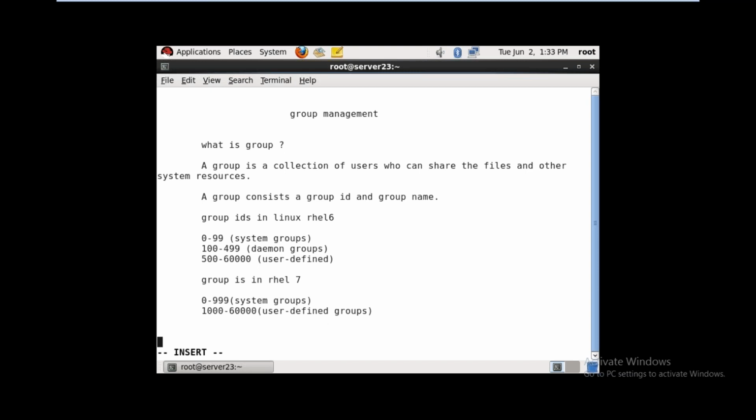So what is a group? A group is a collection of users who can share the files and other system resources. A group consists of a group ID and a group name. Group IDs in RHEL 6: 0 to 99 system groups, 100 to 499 daemon groups, 500 to 60,000 user defined groups. Group IDs in RHEL 7: 0 to 999 system groups, 1000 to 60,000 user defined groups.